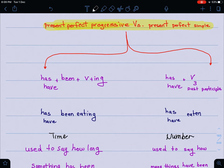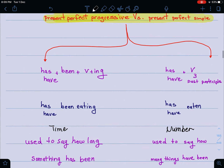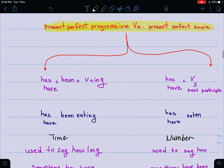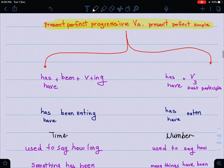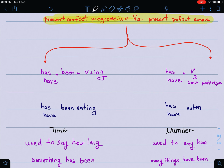So let's take a look at each tense separately and then we will discuss, of course, each tense when it comes to how do we formulate each one of them and when do we use each one of them, and as well I'm gonna give you an example on each one of them. Okay, طبعا راح نتكلم عن كل واحد من ناحية كيف نكون هذا الفعل، وبرضو عن متى نستخدم هذا الفعل وراح أعطيكم أمثلة. Anyways, so the present perfect progressive